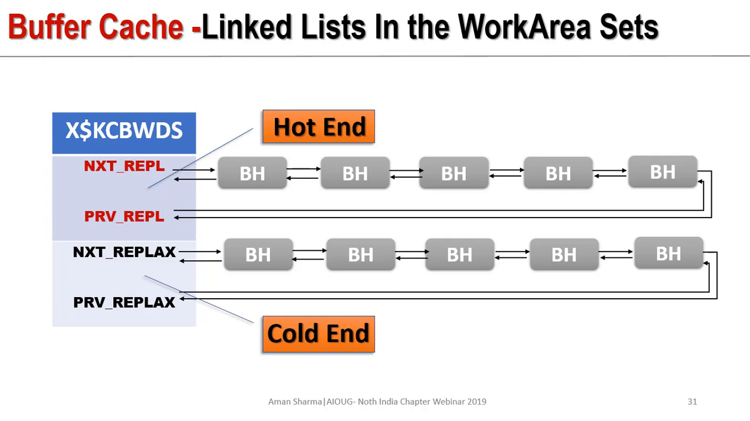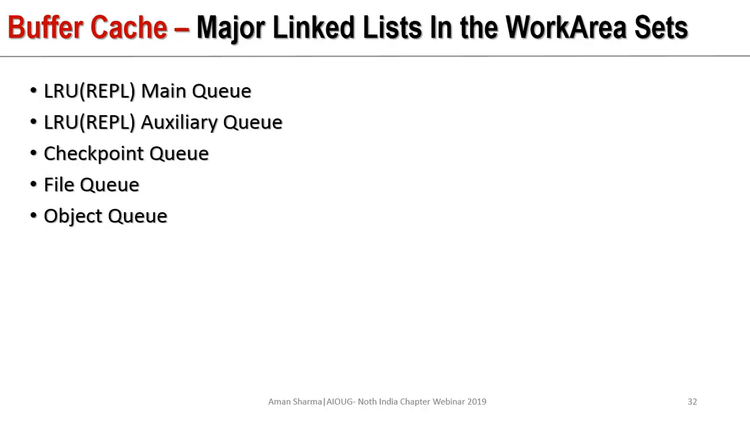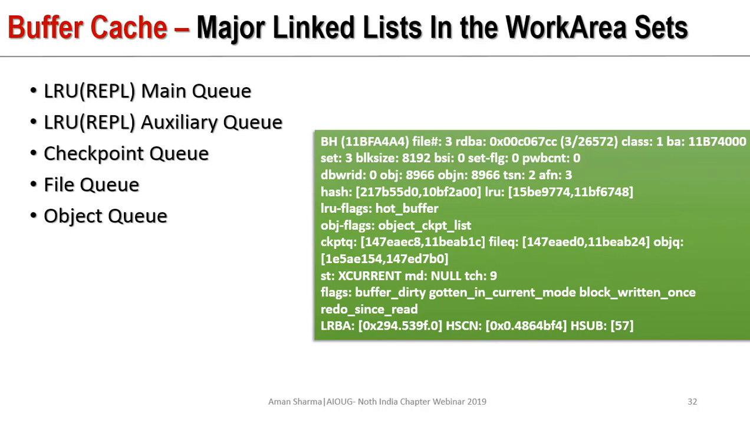And basically this is going to be the set of columns which are going to explain, or show, that the buffers are moving from the main list to the aux list and so forth. Now, the particular linked lists in every particular work area set are actually going to be these ones, and this